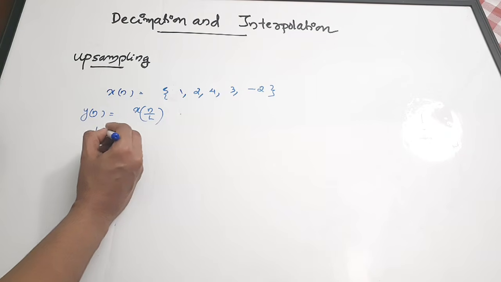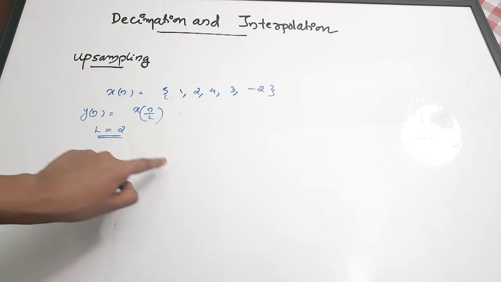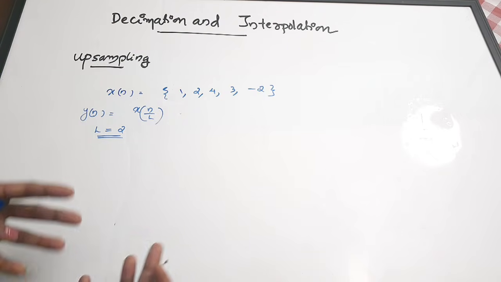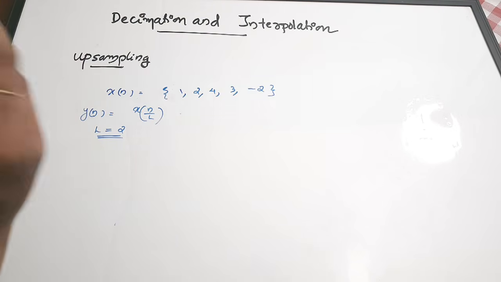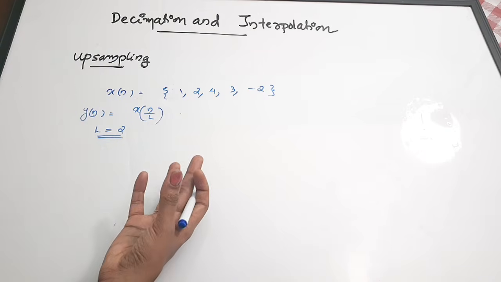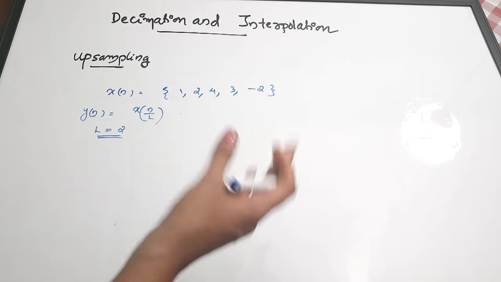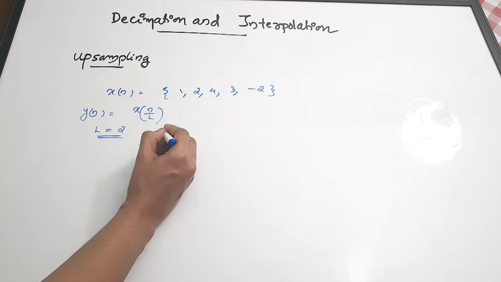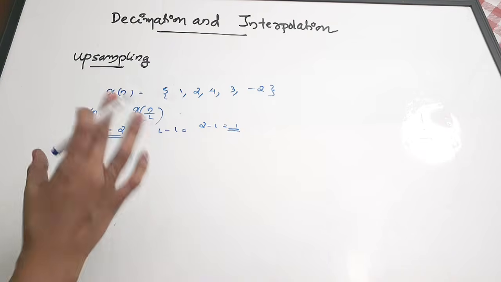Consider that your upsampling factor L is equal to 2 here. So if the upsampling factor is L, we are going to add L minus 1 number of zeros in between all the samples. So that's how you increase the number of samples, by putting zeros in between the samples. In upsampling, we increase the sampling rate by a factor of L by adding L minus 1 equally spaced zeros in between the original samples. So here L is 2, L minus 1 will be equal to 2 minus 1, which is 1. So you have to put one 0 between all the samples.